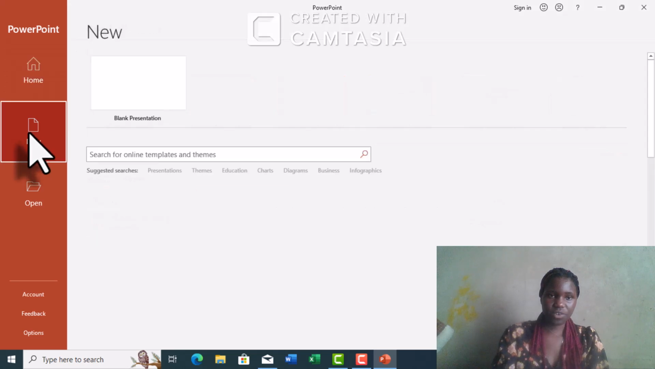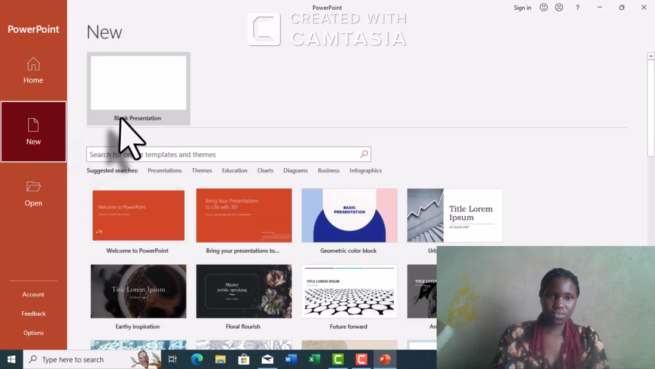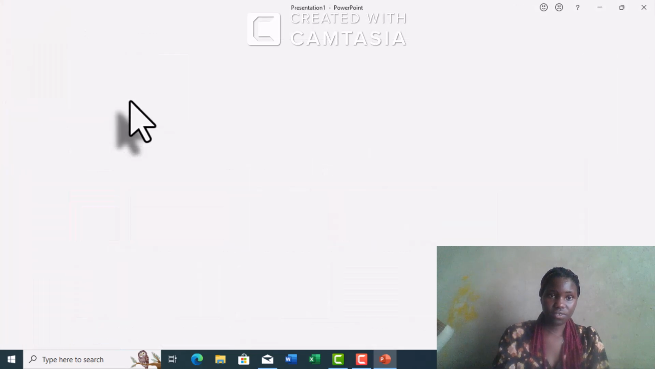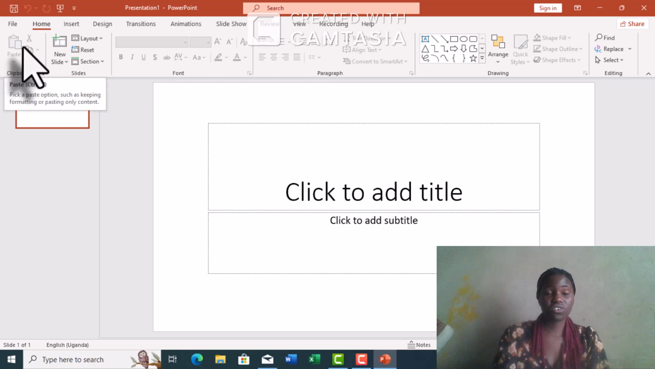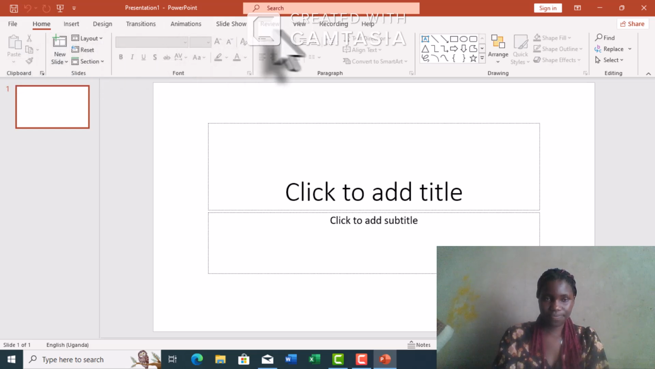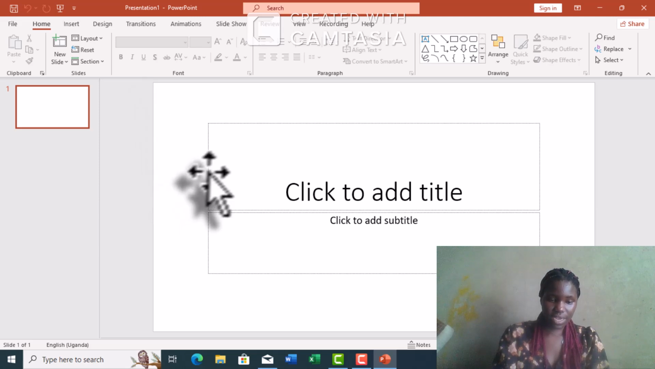We open a new one, a blank document. So this should be how a PowerPoint should look like. If you don't have a PowerPoint presentation yet, you can create yours now using this. So remember, this is our ribbon where it has all these file, home, design. So if you open a blank document, you can either click